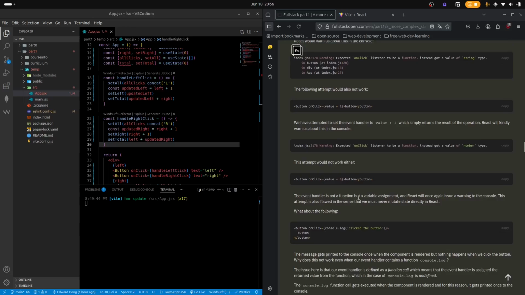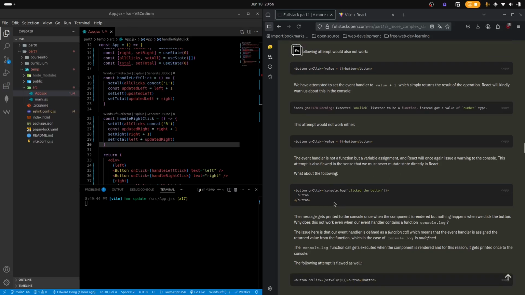The event handler is not a function but a variable assignment, and React will once again issue a warning to the console. This attempt is also flawed in the sense that we must never mutate state directly in React. What about the following? This message gets printed to the console once when the component is rendered, but nothing happens when we click the button. Why does this not work